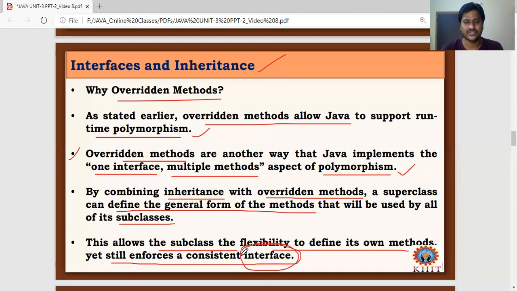So this is the very first step to introduce the interface concept, and the interface concept solves many types of problems in Java. Related to inheritance is multiple inheritance. Multiple inheritance is not supported in Java using inheritance, but using interfaces we can achieve multiple inheritance. We will discuss this in the next chapter, interfaces, of Unit 3. Next one.